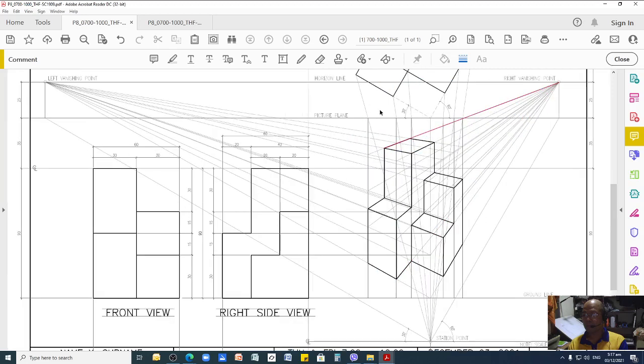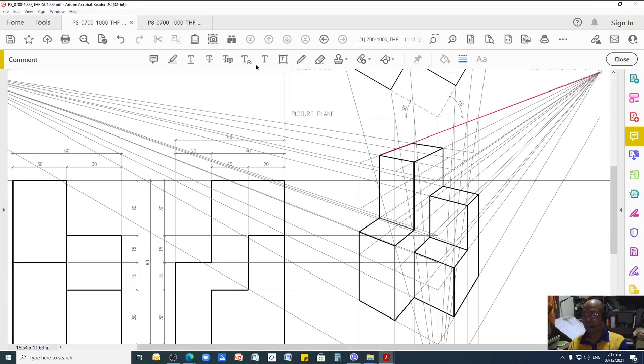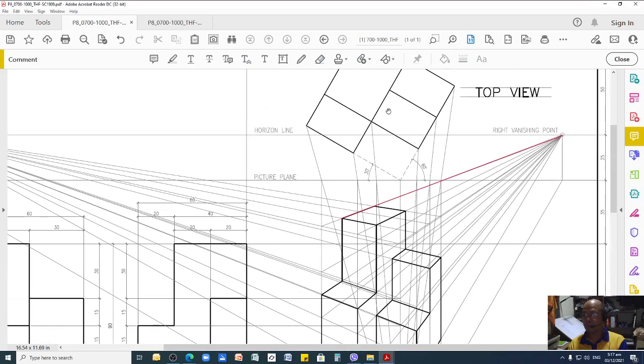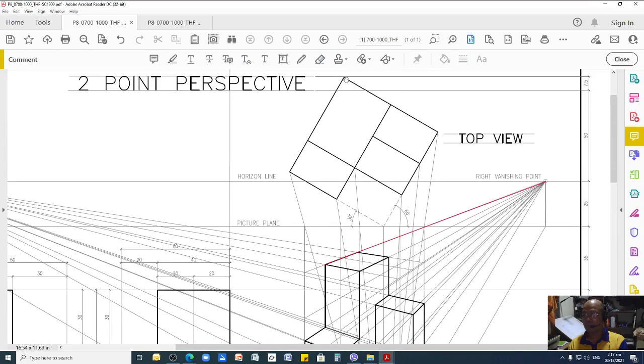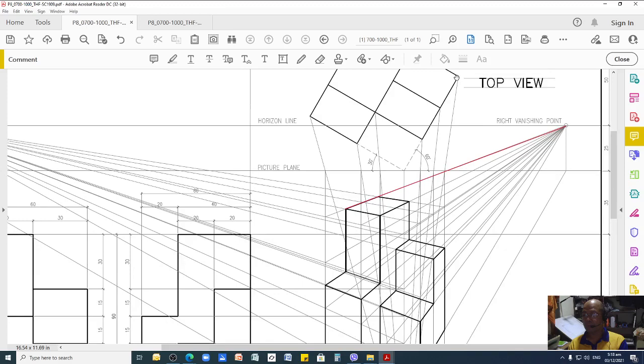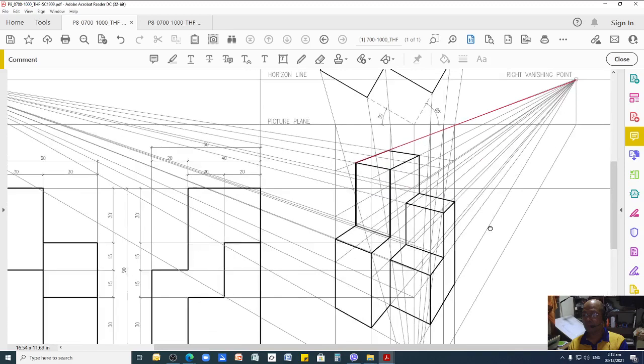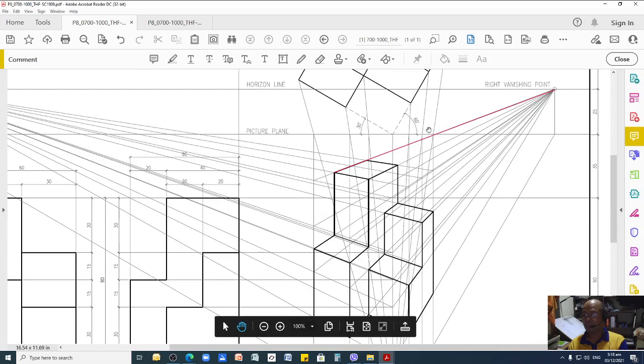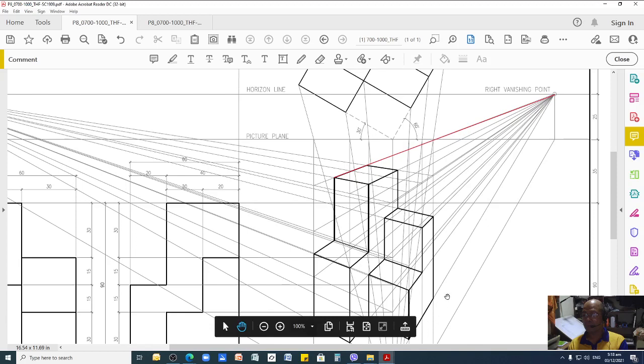And then again, as I said, I mentioned this in the other video, you need to project lines to your corners or part of your top view. Like here, I projected a line from this corner to locate or to know where this falls in the perspective drawing. So in order to do that, I projected a line from here to the station point, and when it touches the picture plane, I mark that point. I draw a vertical line. Okay, so that's the marker.